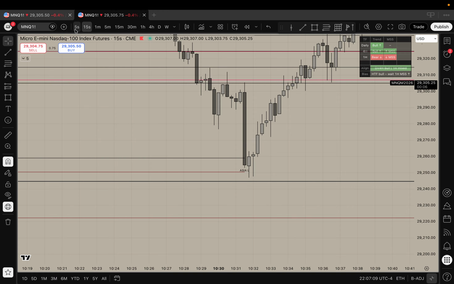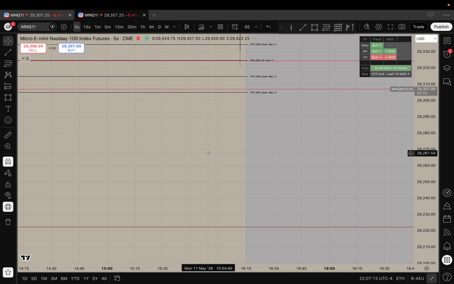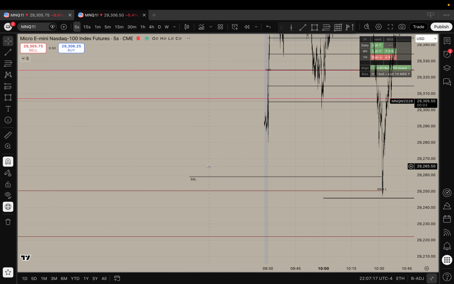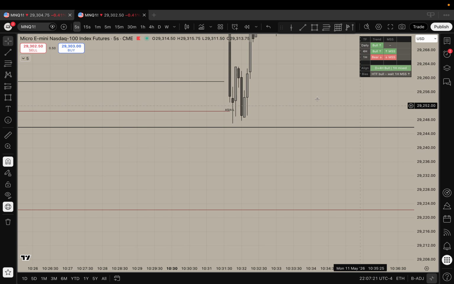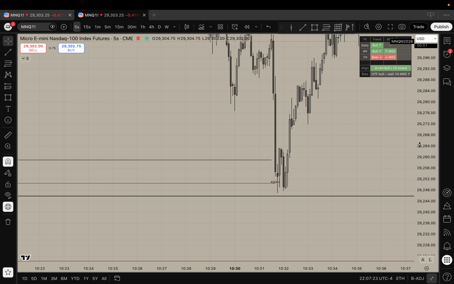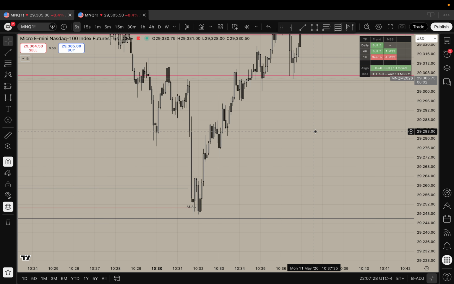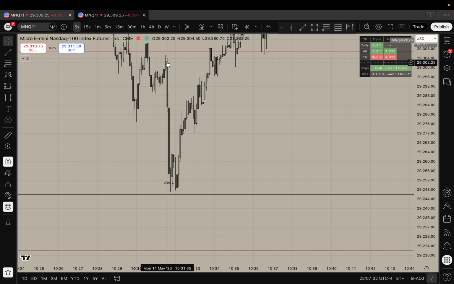With such a big candle there, the 5-second might be more realistic, or it might provide us with a better entry. Doesn't look like it, unfortunately, just because of this setup right here. It doesn't look like it because of the lows that make our